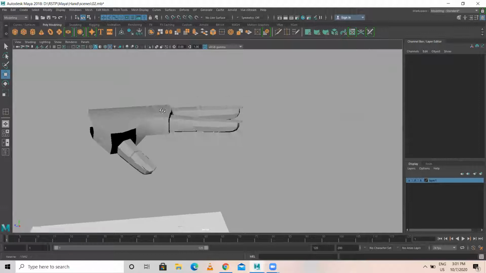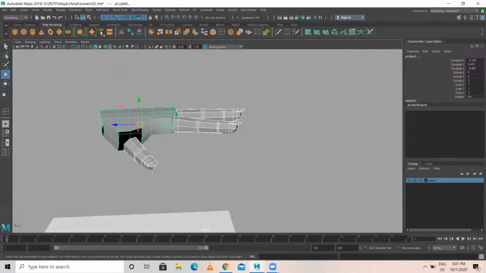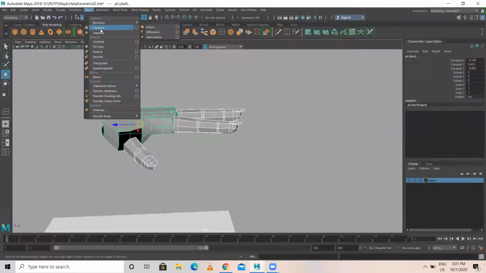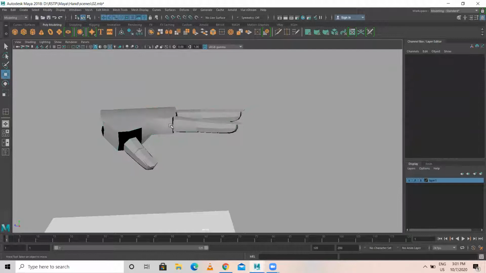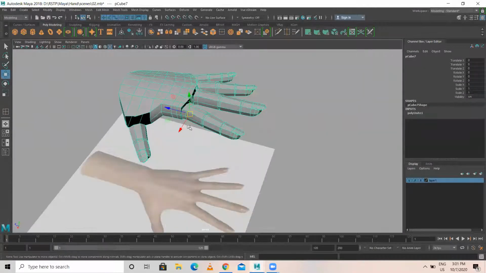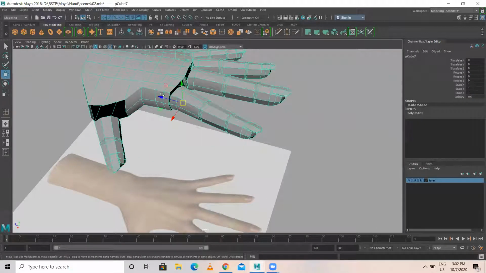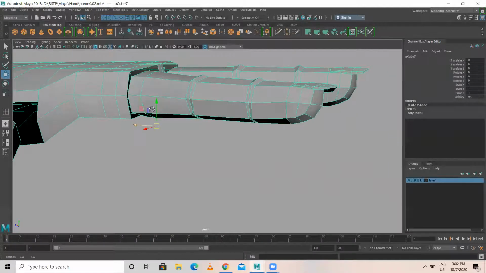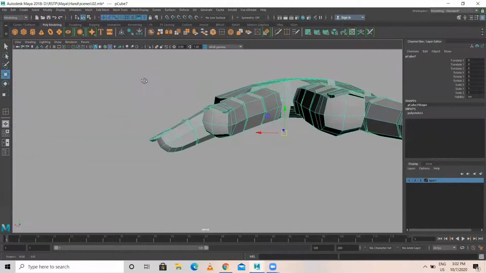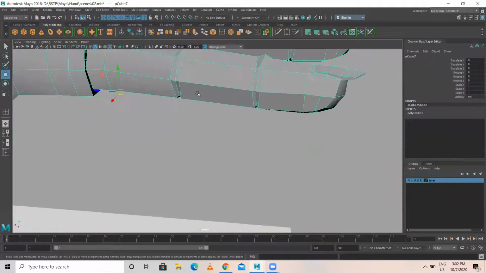Okay. So now select all these things. Go to mesh, combine. Just combine. Okay. When we combine, this entire thing looks one. Means if I select this, all is like one single mesh. But now we need to connect this. We need to connect this.